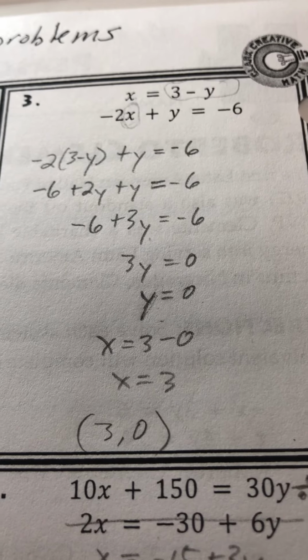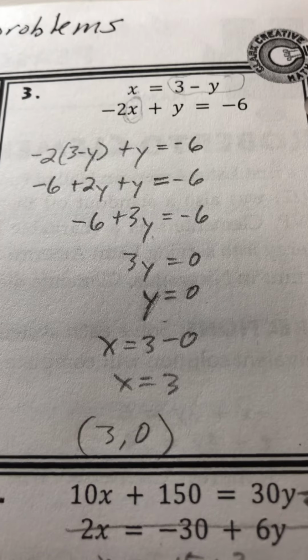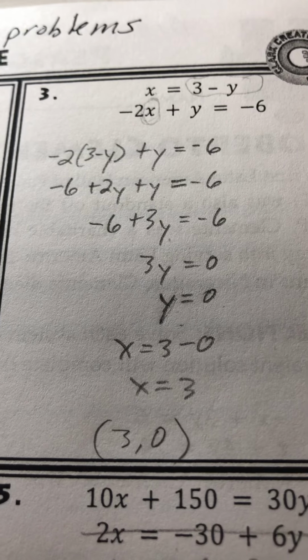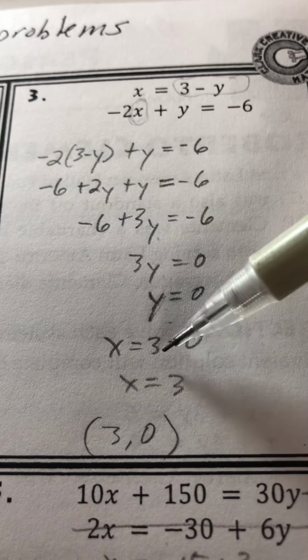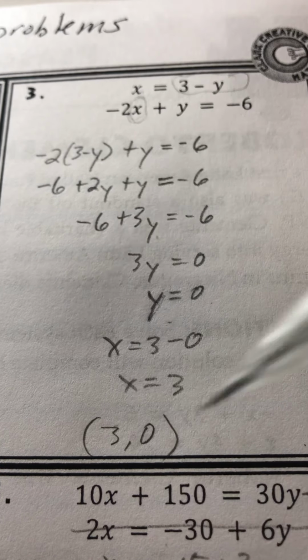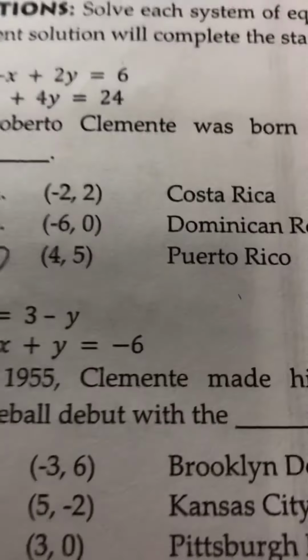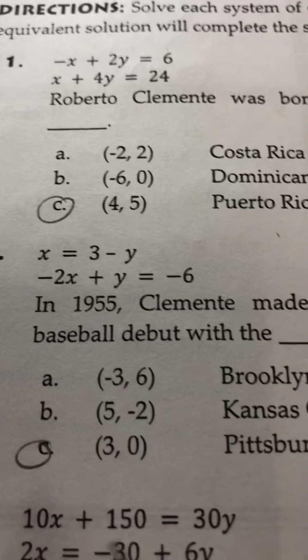I go back in to either problem. I chose this one because it was easier. And so I have 3 minus 0 because y is 0. So 3 minus 0 is giving me my x. So my x is 3. So it's (3, 0). That's going to be the answer for number 3. So that one would be Pittsburgh